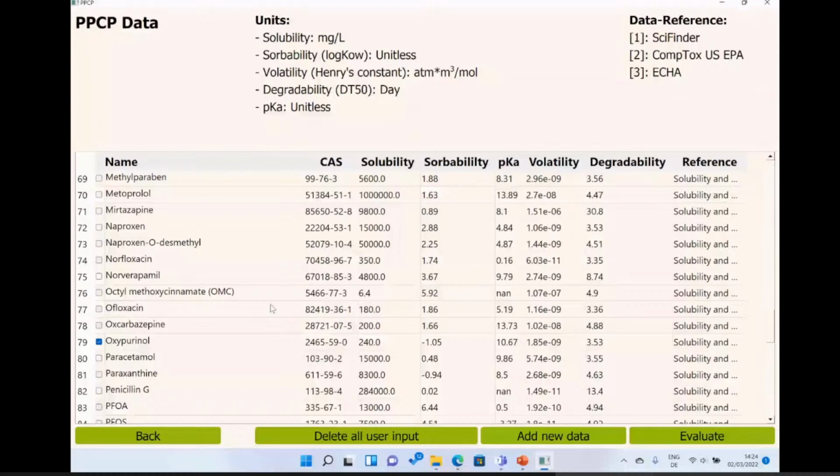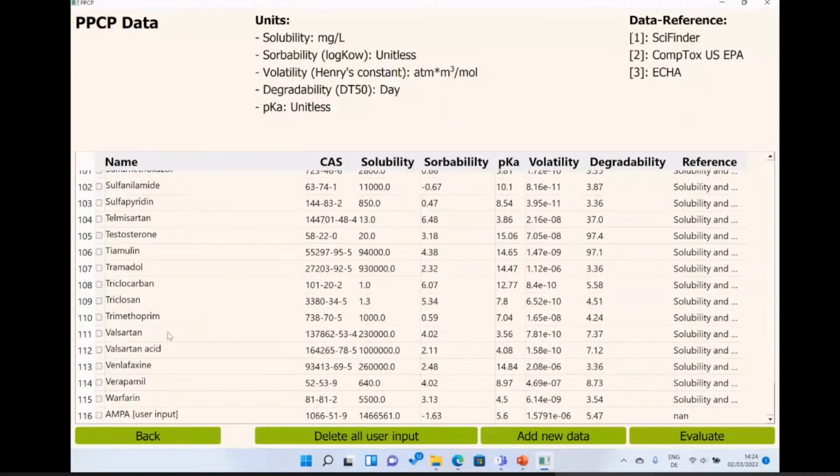So let's check what happens, how modePROCON assesses oxypurinol. And I'm also selecting the chemical substance that we added. So the user-added substance can also be selected along with the default substances for the evaluation.